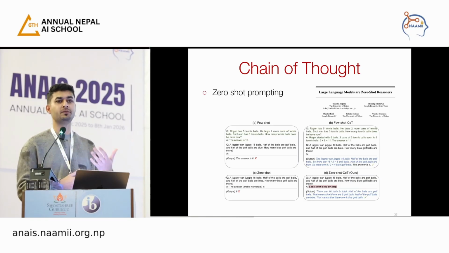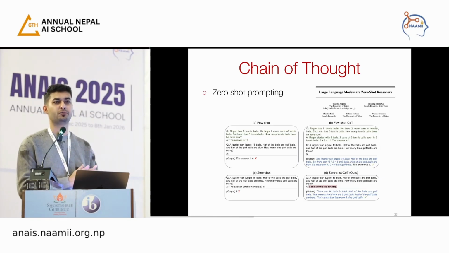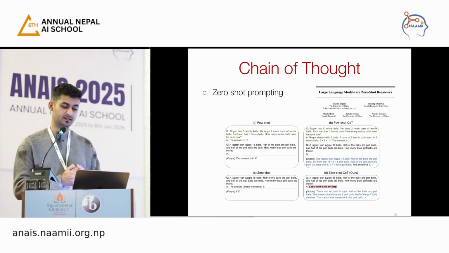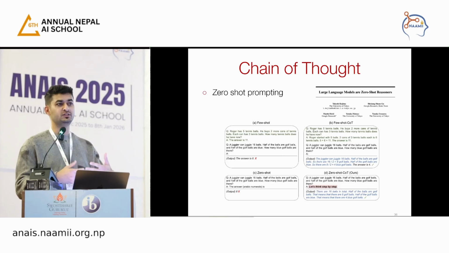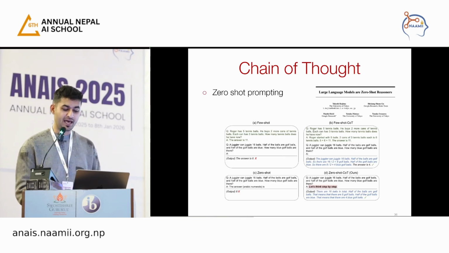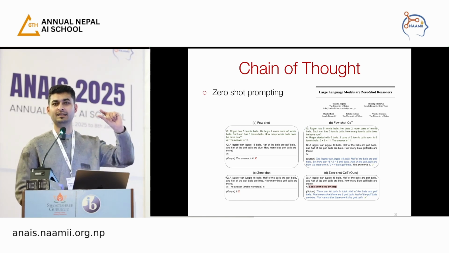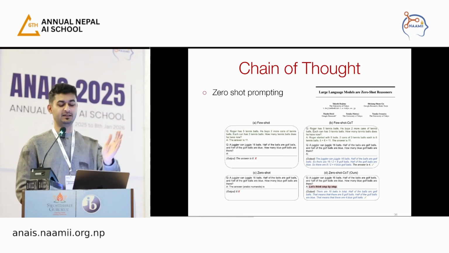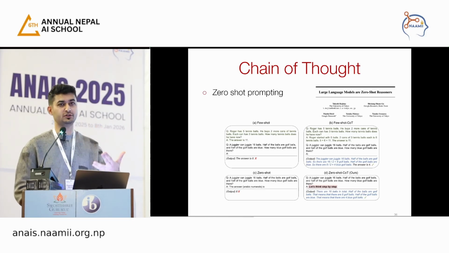There are other examples of improvements to chain of thought. In addressing the limitation of the manual design of prompts in chain of thought, some works showed we can actually do zero-shot prompting as well. Instead of having example prompts, if I have a task and I just say, "Let's think step by step." Imagine you're using an LLM to do something, and then you just use the words, "Let's think step by step," the model suddenly performs much better than without it. This is called zero-shot chain of thought.